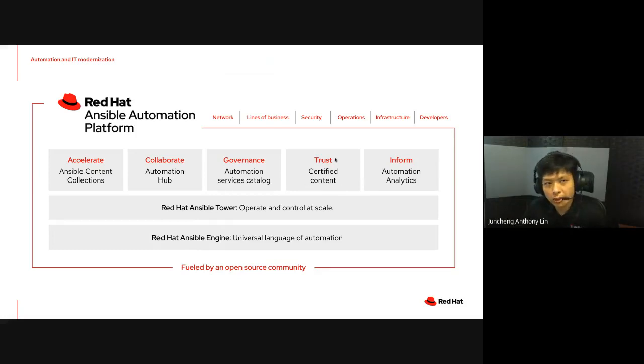So we started this thing maybe 1 or 2 years back, right? Whereby we were talking to all the different partners. We understand from a lot of customers that not just the modules, right, that is important to them, but also how safe it is to use all these modules, right? So that is also very important to a lot of enterprise customers that we are talking to these days. So ultimately, what is going on is how can you ensure that something that you're using is proved to be good, certified by, for instance, Cisco, by Google, right, to make sure that everything is working properly. So then this particular thing is what we call certified content.